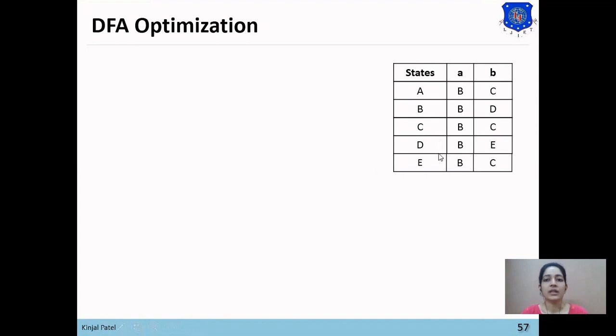possible. So here are the number of states you can see in the state transition table. This transition table we have already created using the combination of Thompson's method and the subset construction method. Now here A, B, C and D are the non-final states and E is the final state. So for minimization of DFA, we will take one set of all these states. Now we want to convert this set into two sets, one for final state and one for non-final state. So the final state is E and the non-final states are A, B, C and D.